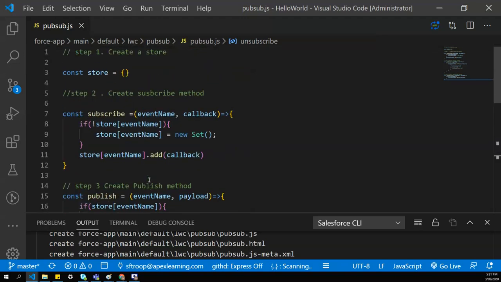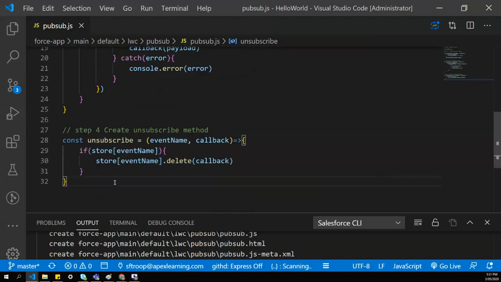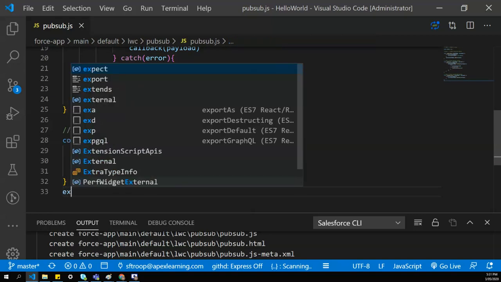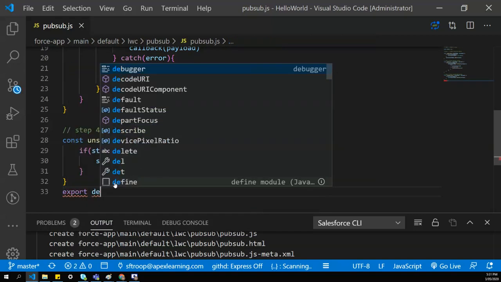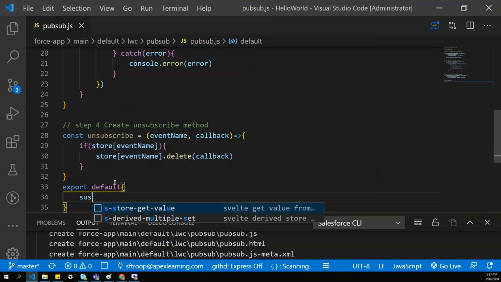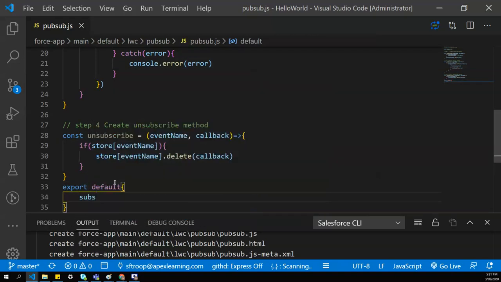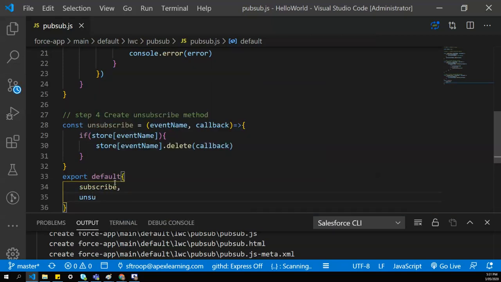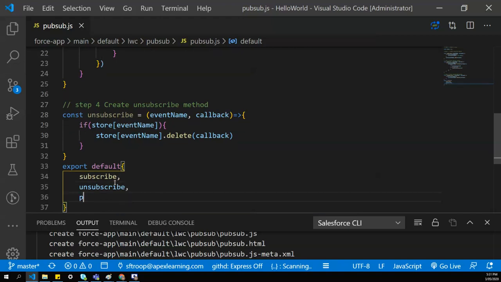Now we have already created three methods: subscribe, publish, and unsubscribe. Let's export these methods so that they will be available in our component. Subscribe, unsubscribe, and the third one is publish.